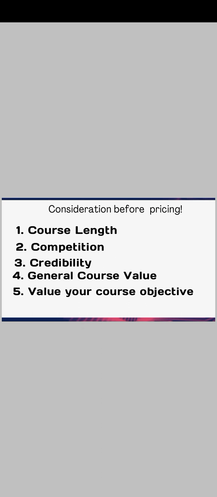One module has 1 hour. Do you understand? For my course, each module is 1 hour, and I'm going for 7 modules, or I'm going for 12 modules. That's about 12 hours, right? That's about 7 hours. So how long is your course? That will determine how you're going to price, because people are not merely paying for your knowledge, they are also paying for your time, they are also paying for their time so that they can cut their journey short, right? So number one is that you must consider your course length before pricing your course.